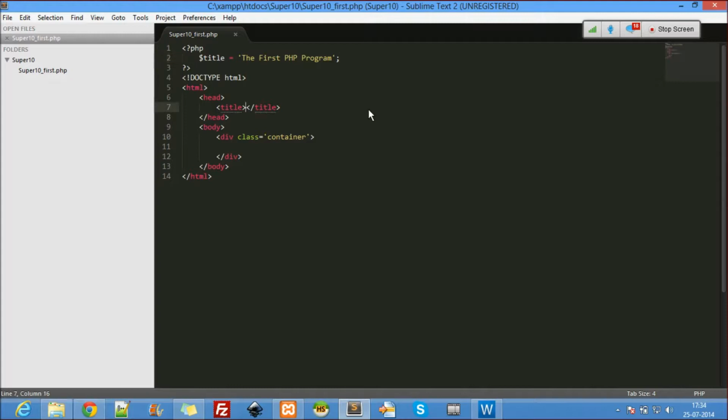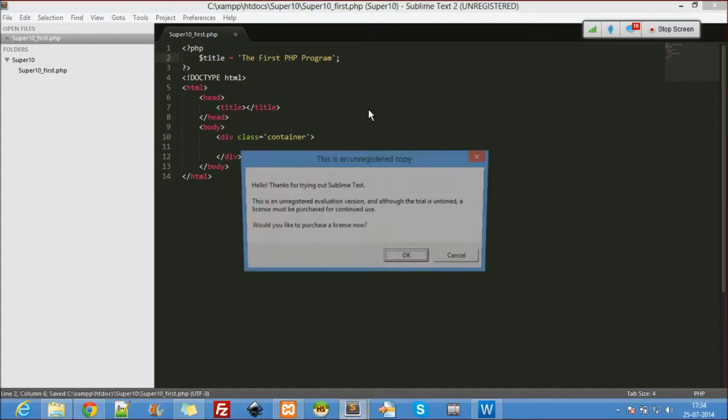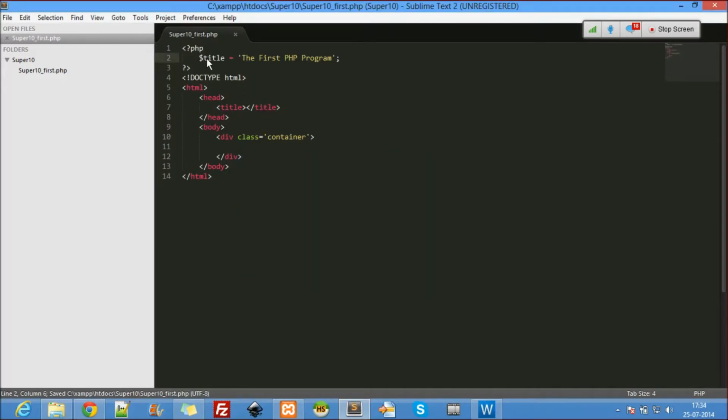Now I want to put this title. It looks more like JavaScript, right? If it were JavaScript, we used to write like this, right? We write JavaScript like this, so this will be var. Exactly the same syntax. That is why, since JavaScript is a scripting language and PHP is a scripting language, there are some common things between these two syntaxes.